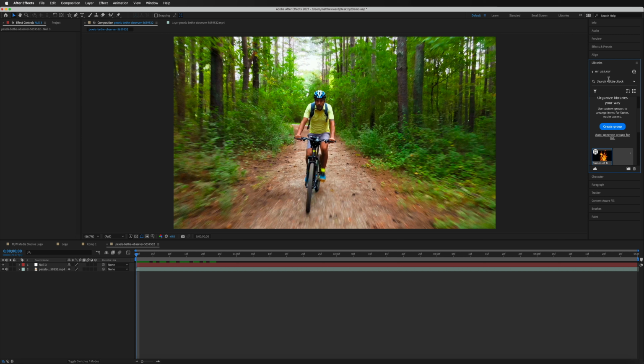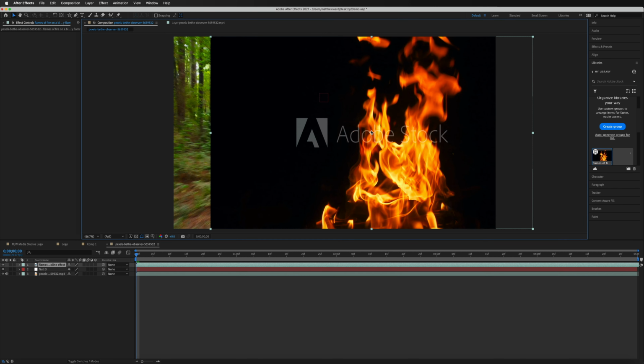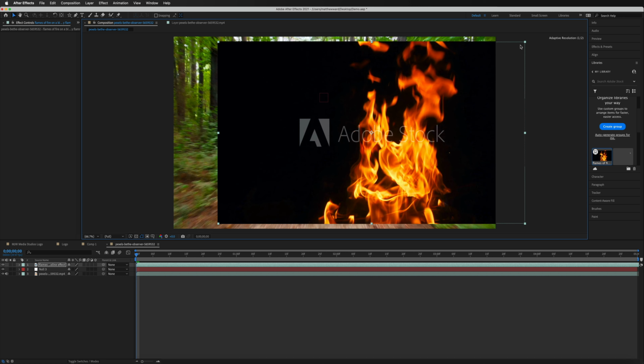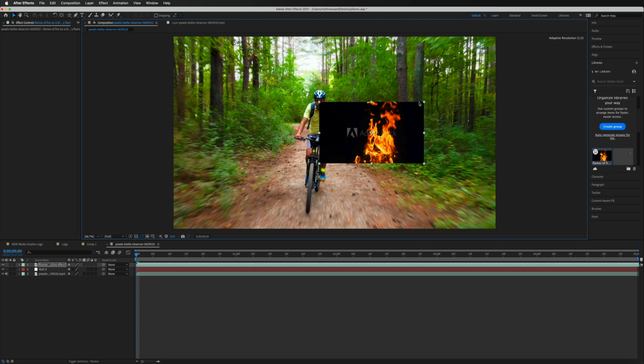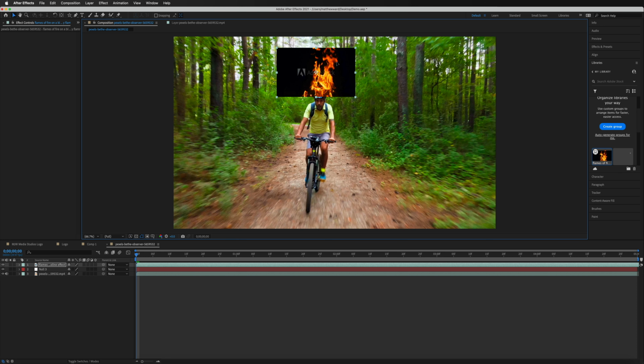All it essentially is, is a video with a black background. What we're going to do is remove the black background, so all that's left is going to be the fire. So if we drag this into our project and let that go. And as you can see, because we haven't paid for it, it says Adobe Stock right there in the middle. That will disappear if you choose to buy the clip. But for now, we can just animate this to see how it looks. So I'm going to make that a little bit smaller in size. And it's not going to be perfect. It's just going to be an example. I'm now just going to move this over his head into place.